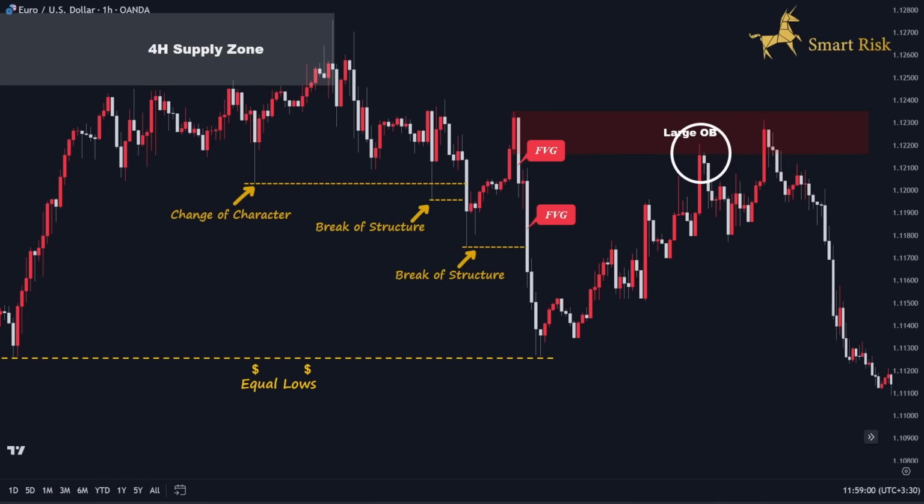Following this, there was a temporary downward movement. After mitigating this bullish order block, the price reversed and moved upward, utilizing the last supply zone as an inducement. This move hit the stop loss of traders who had entered short positions from that zone. Price ultimately mitigated the large order block at the extreme once again. Following this, a substantial reversal occurred, with the price strongly moving downward and gaining significant momentum toward the sell-side liquidity.